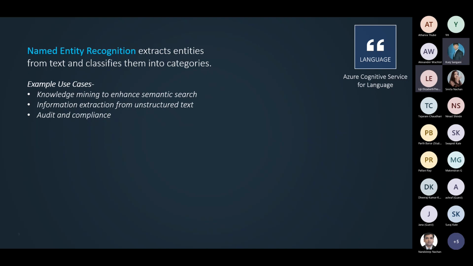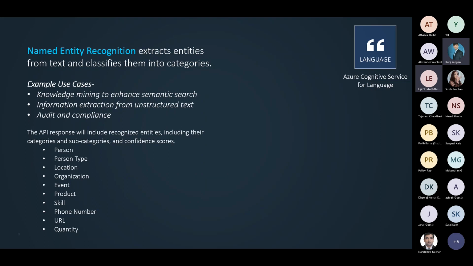Moving on. So this is another AI service, right? This helps us with named entity recognition. Named entity recognition is used to find out specific entities within a piece of text. So some standard entities or categories you might be interested in is, does this piece of text contain or allude to a date time, an email, a URL? Is there a person that is mentioned? Is there an organization being mentioned? Is there a phone number being mentioned? This is interesting because it's being used in a lot of use cases and scenarios like that.